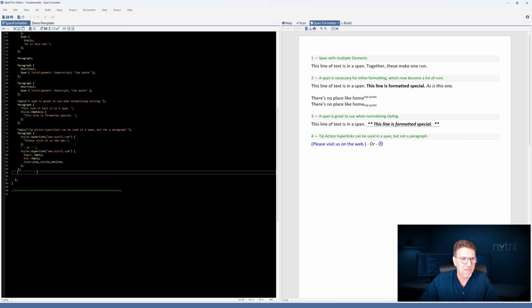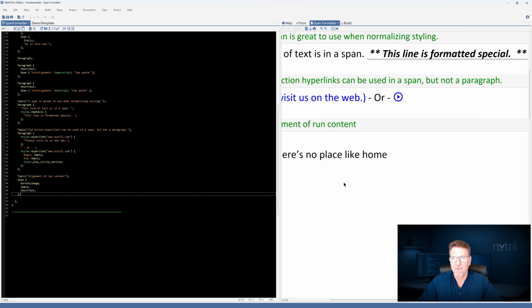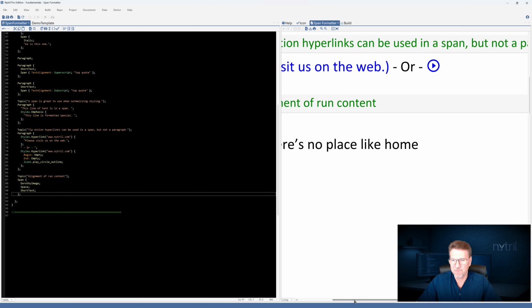Okay, so one more key thing to discuss regarding spans is a concept I mentioned earlier, which is the alignment consideration. So here I've got an image and some text, and you can see how they're aligned, but it's not evident immediately what's going on. This is where I'm going to zoom in here so we can all see this much more clearly.